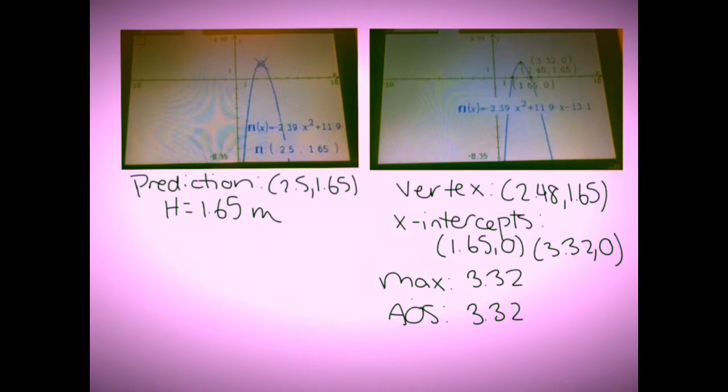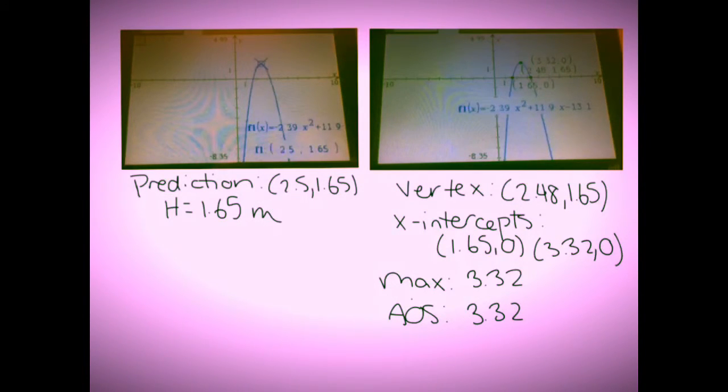Then using the quadratic equation that was found using the spreadsheet and the graph from the calculator, you can graph that parabola and use the trace feature to find what the height would be for 2.5 seconds, and the height would be 1.65 meters. Or if you don't want to use a calculator, you could just plug in 2.5 for the x value into the equation. And then also using the graph of the parabola, you can find the vertex, which is 2.48, 1.65,